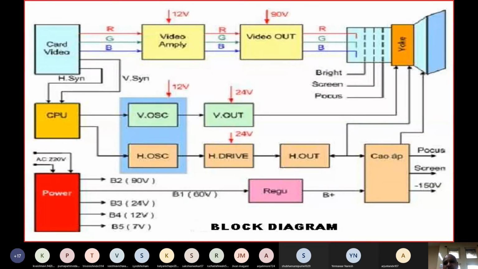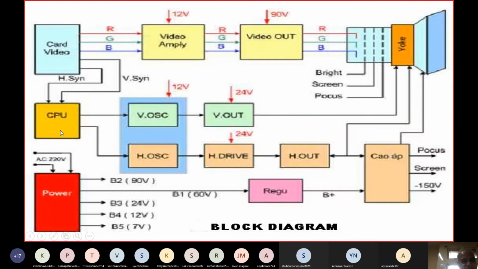Then the last topic: I'll explain how the working of a CRT monitor or CRT tube monitor or TV is almost very similar. Now if you see the left side, you will find there are different blocks. One is the video card. These are the RGB signals coming out, coming from your VGA. VGA also has horizontal sync and vertical sync, as shown over here.